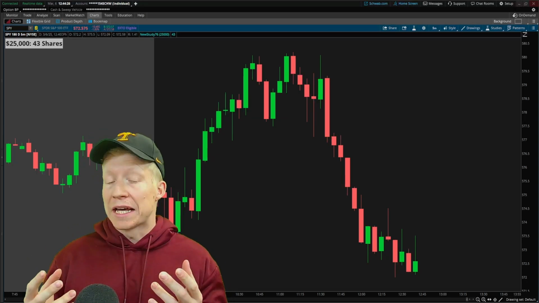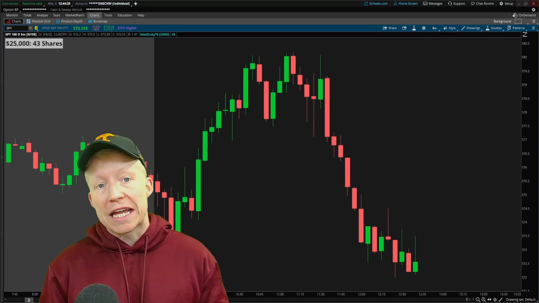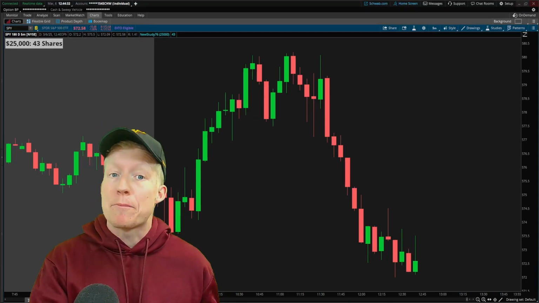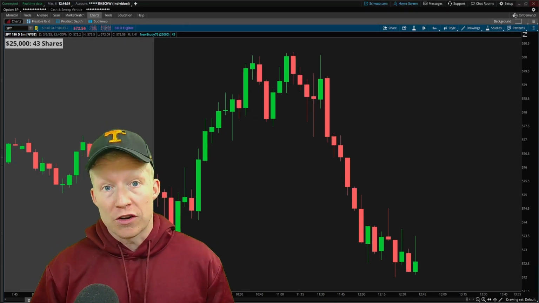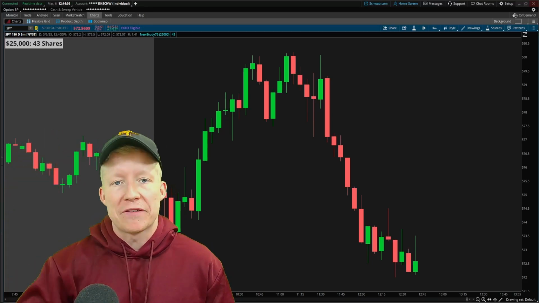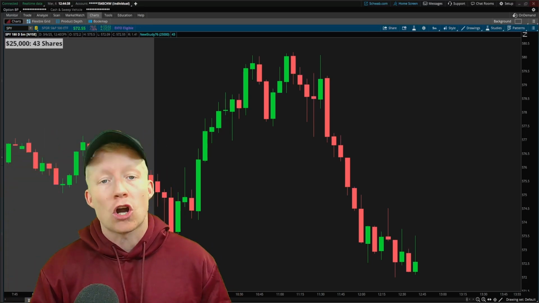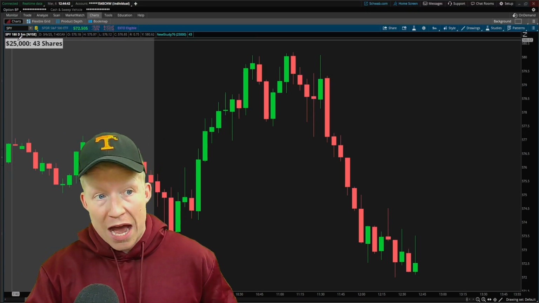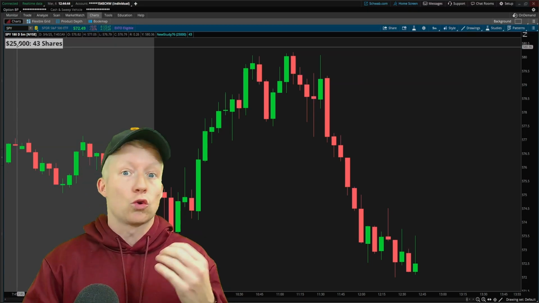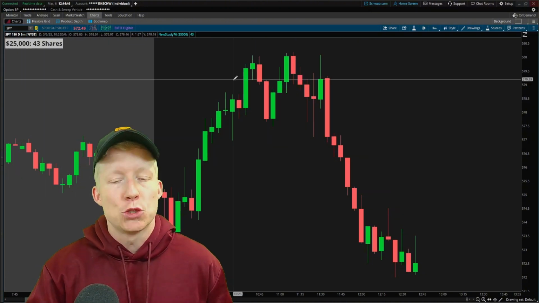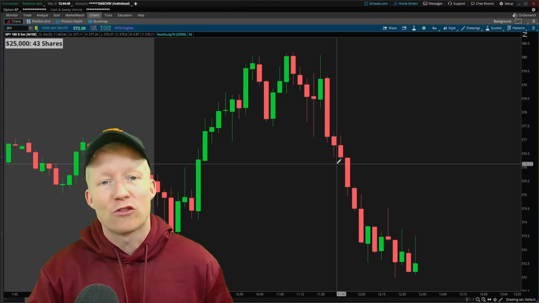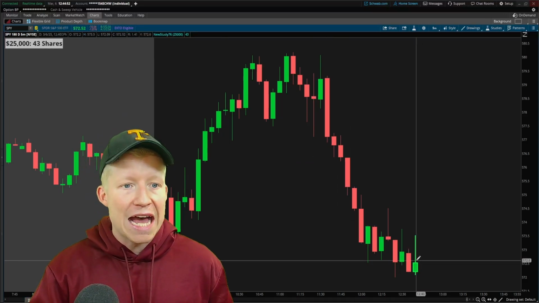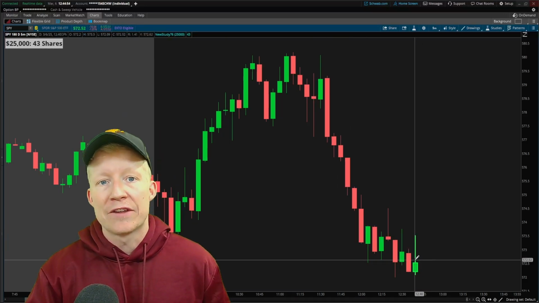I'm getting asked a lot lately if I could create a label that showcases the position size you can afford to take based on the size of your account. And as you can see in the top left corner of this SPY chart here, I have gone ahead and done that. If you have a $25,000 account, or if that is the position size you are willing to trade in this strategy, whatever it may be, you can afford 43 shares of SPY as it is currently trading at